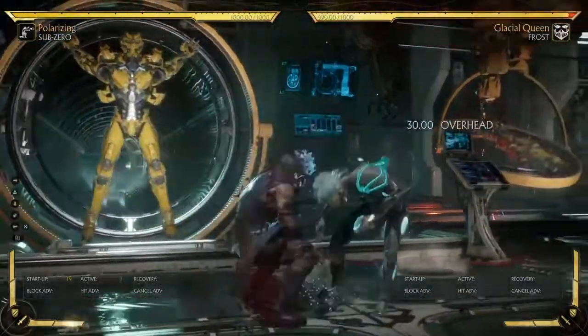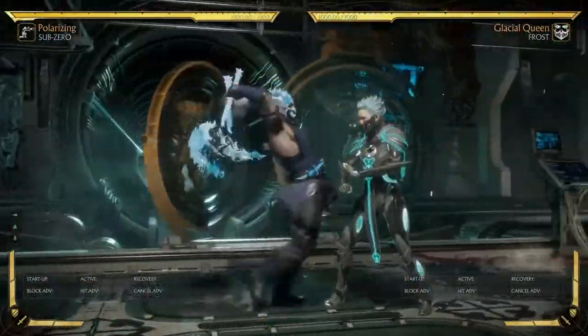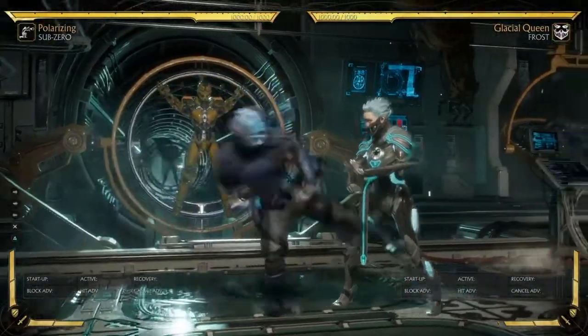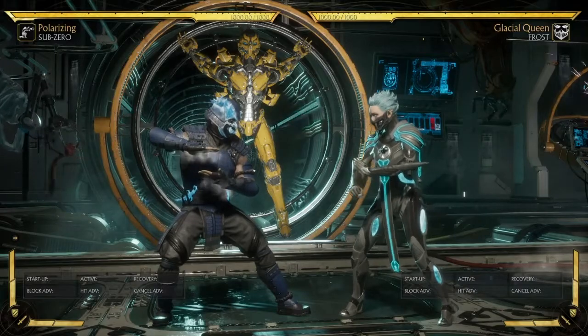Now, it's still an unsafe overhead and low. This move is death on block, so if you do the overhead, you still have to commit, right? So you do overhead into Rising Ice, you're still going to die for it if they guess right. Low, obviously, you can hit confirm, right? So you can check if they're going to block it or not. But even with it still being death on block, the point is not that it's death. It's that unlike the Enhanced Ice Ball,